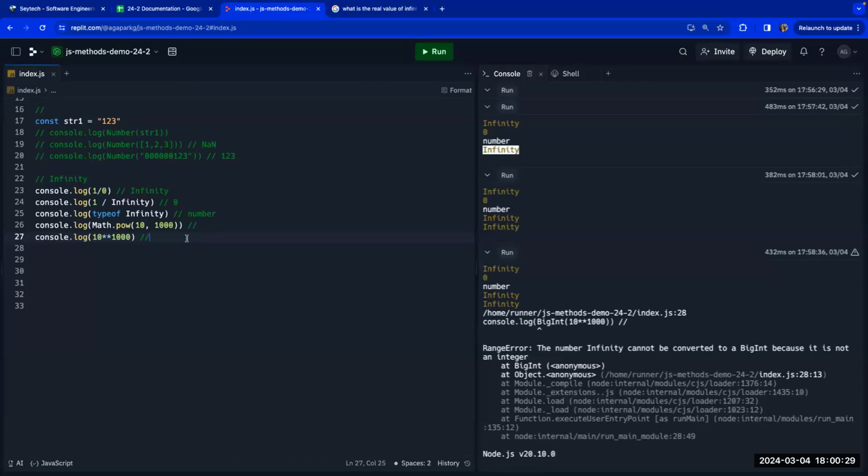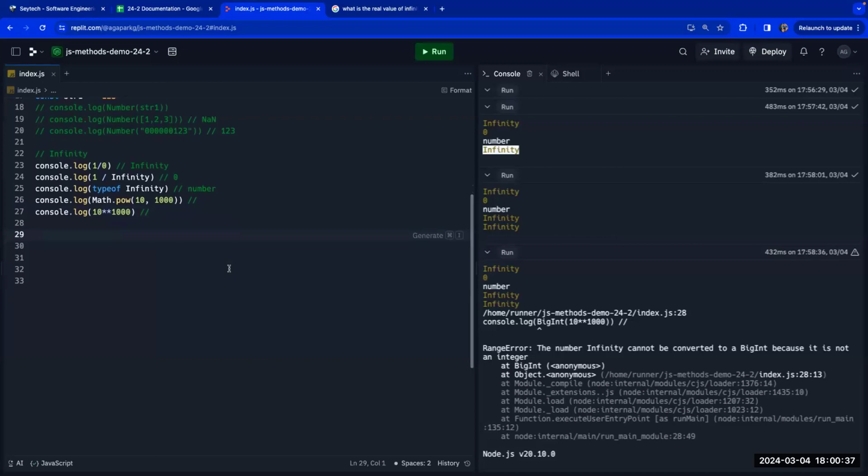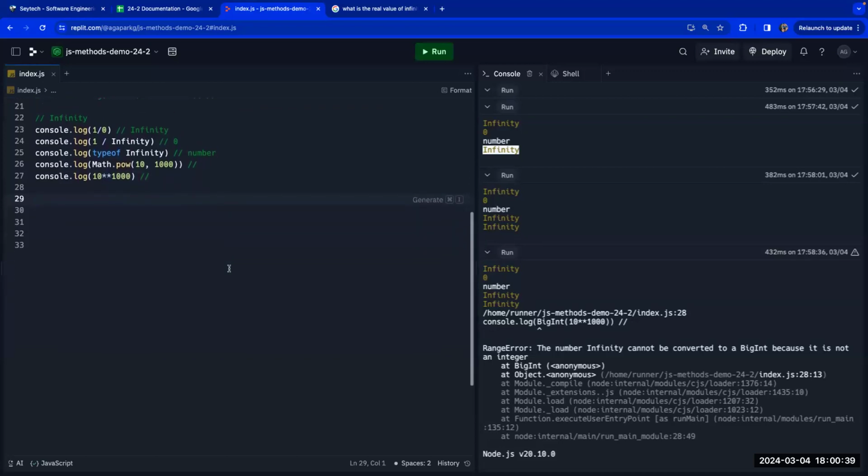Cool. There's a use case for, what time is it, guys? What time is it? 6 o'clock. Let's do this one example, and then we'll do